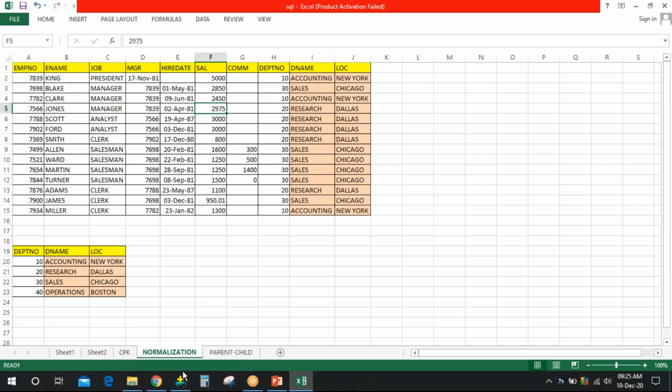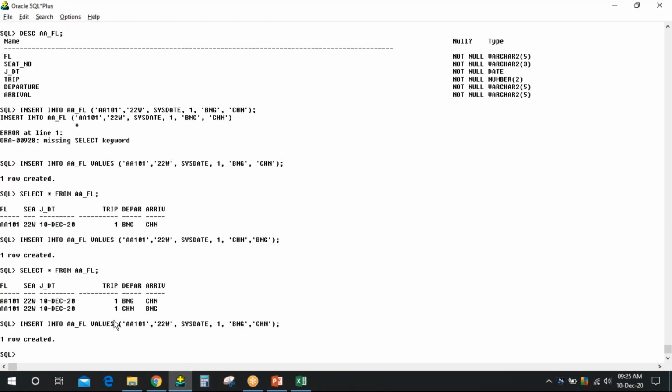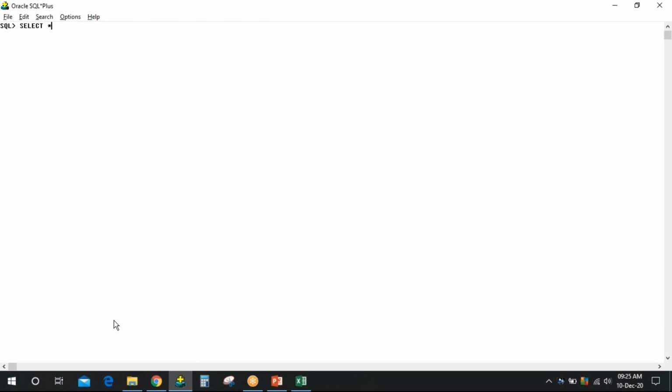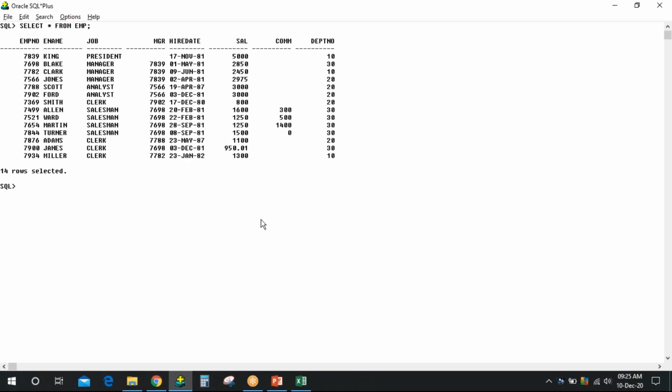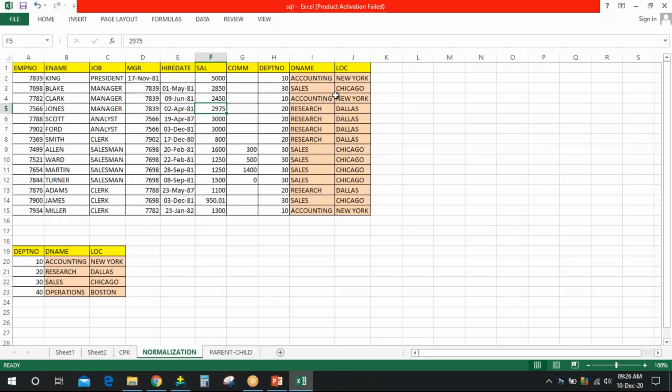So when we always work on this table, have you ever wondered if there is an extended version to this? Only 10 doesn't signify anything, right? There is a department table also available. I'll tell you in very simple terms what normalization and denormalization are, and you'll understand why they are used. So now this is my actual table.